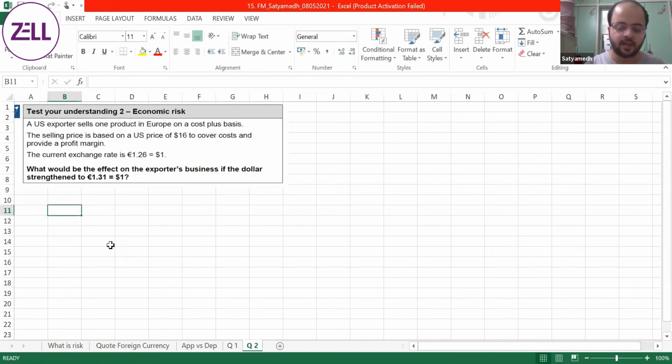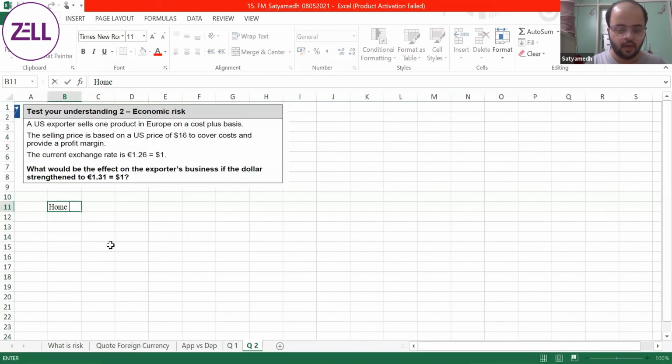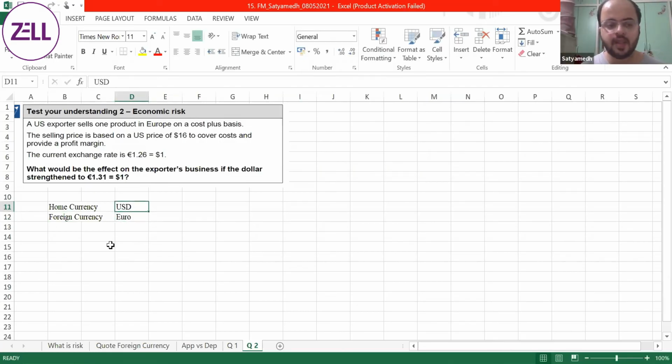First of all, identify the home currency, home country, home currency, whatever you want to call it. Exporter USA में है. Yeah. So USD and Euro. Home currency is USD, foreign currency is Euro. Now, he plans to sell one particular product on a cost plus basis. Selling price is based on a US price of 16 to cover cost and provide for a profit margin. The current exchange rate is $1 is equal to 1.26 euro. What this means is that